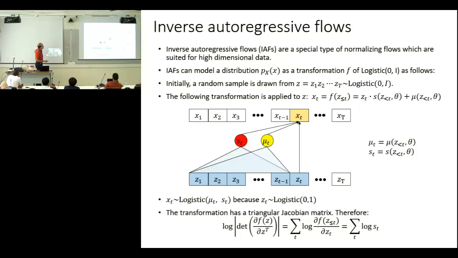The parameters here in this transformation are the following: the scale parameter and the mean parameter. This is a simplified transformation. But how do we calculate these parameters? In order to transform this sample, we use all the previous noise values to calculate a parameter for scale and mean, and then we use this random value plus these two parameters that were calculated from the previous ones in order to predict xt.